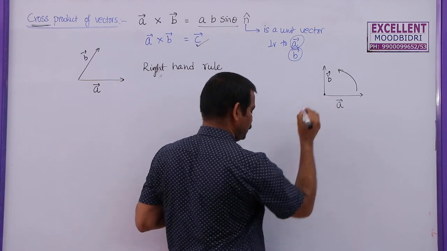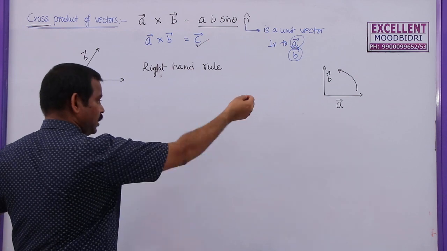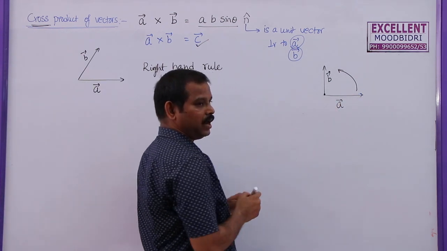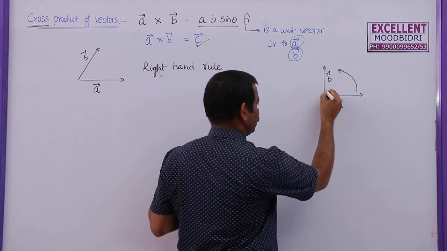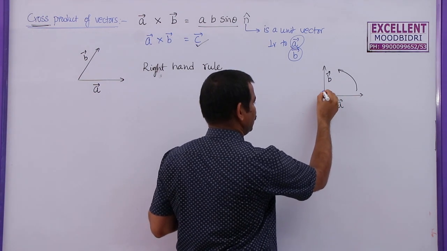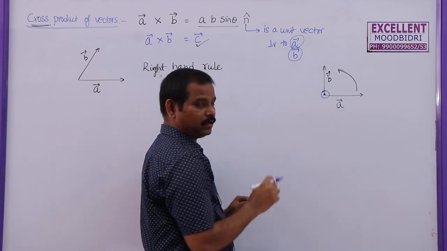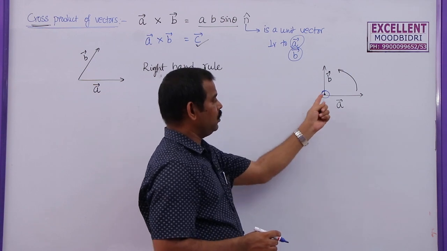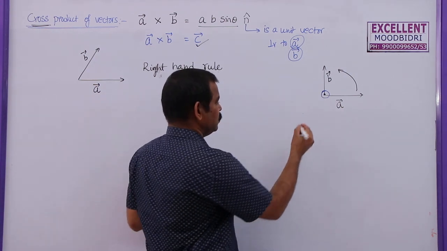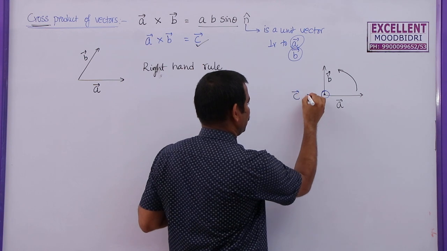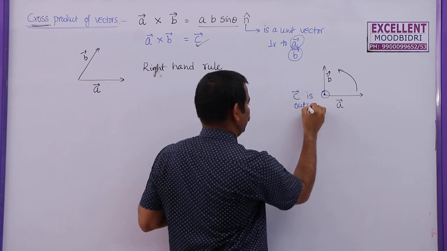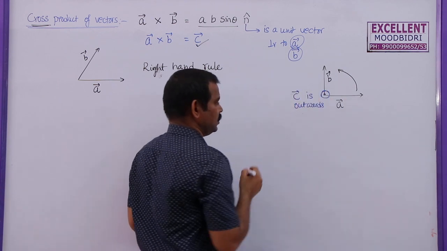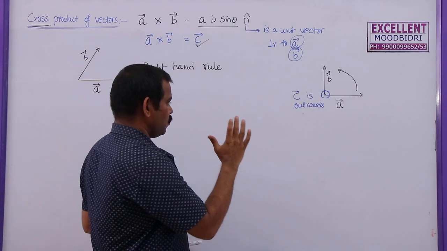So how to represent C bar vector here? Because I cannot draw a line perpendicular to this board, even if I draw a line it is not visible. So what I am going to do, I am going to keep a circle here and I am indicating this dot. This dot indicates that the third vector is perpendicular to this board but pointing towards us. So this is outwards, C bar is outwards. For this we are going to use a circle with a dot at the center. So now I think you got some idea.